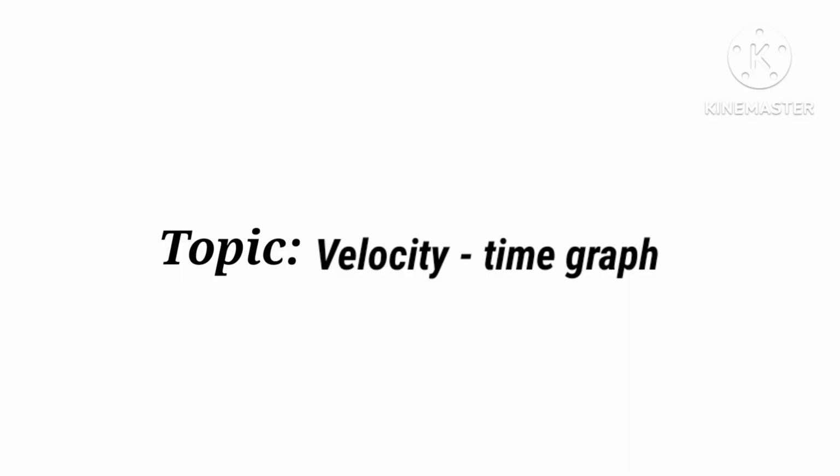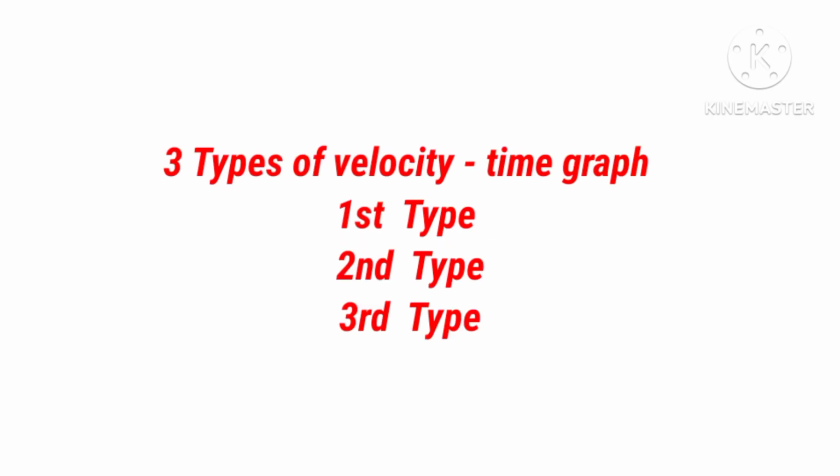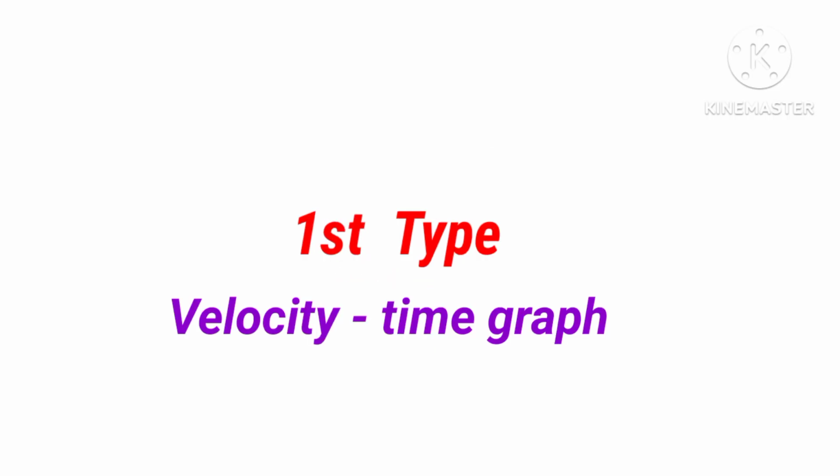Graphs are kind of easy. Let's discuss velocity time graph. I will show you three types of velocity time graph: first type, second type and third type. Let's understand the first type